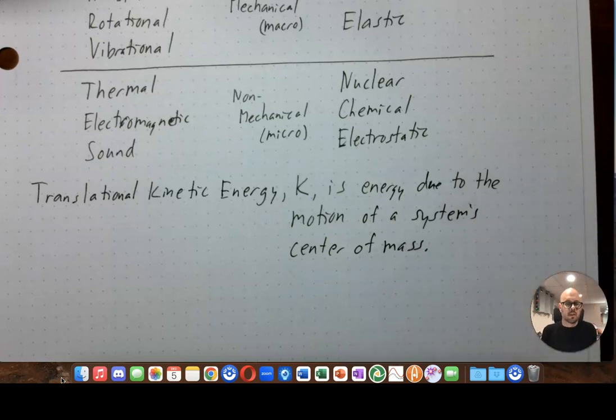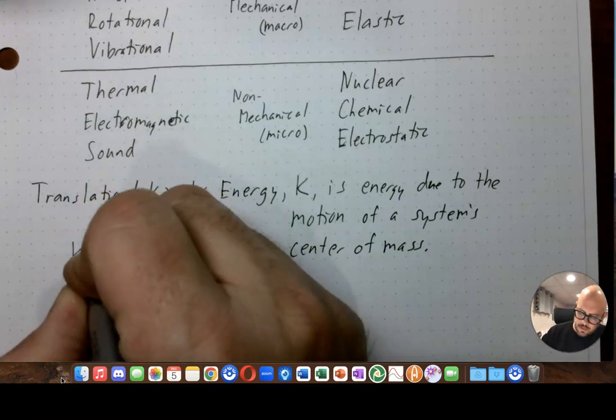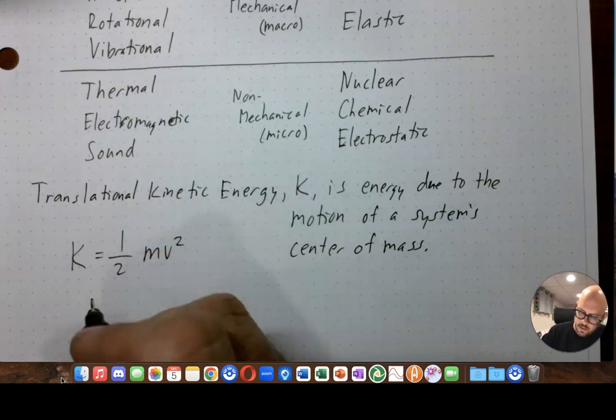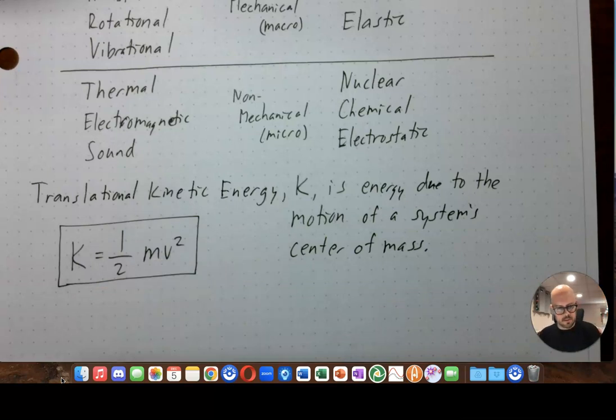So if it's one object and that object moves from one place to another, we call that translational kinetic energy. If there's multiple objects and the motion causes the center of mass to move, that's also translational kinetic energy. The formula for translational kinetic energy is 1/2 mv squared,